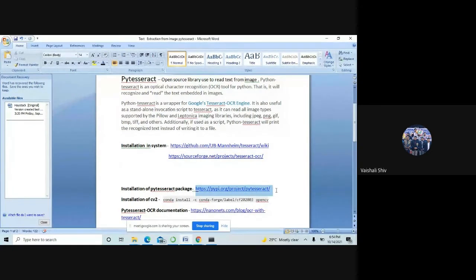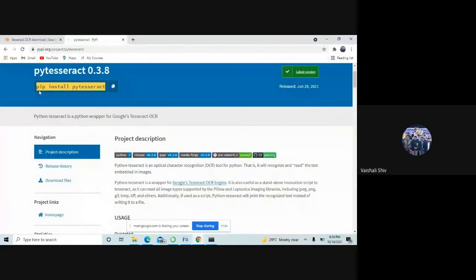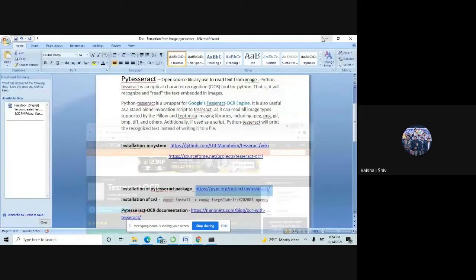Installation of the PyTesseract package: you have to pip install PyTesseract, and once you have installed this, Tesseract OCR.